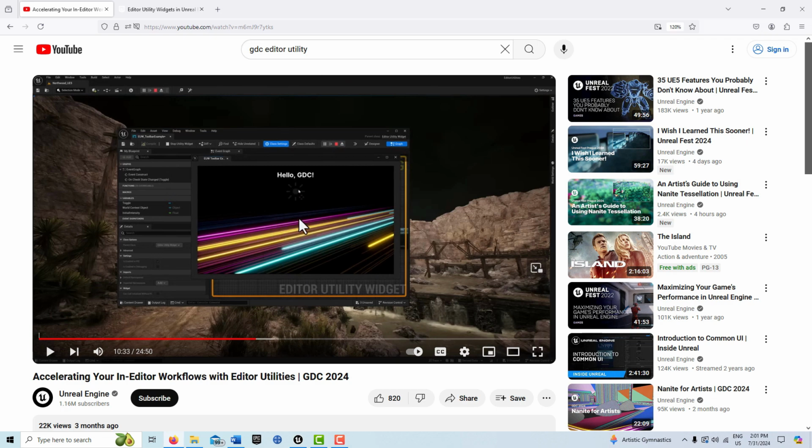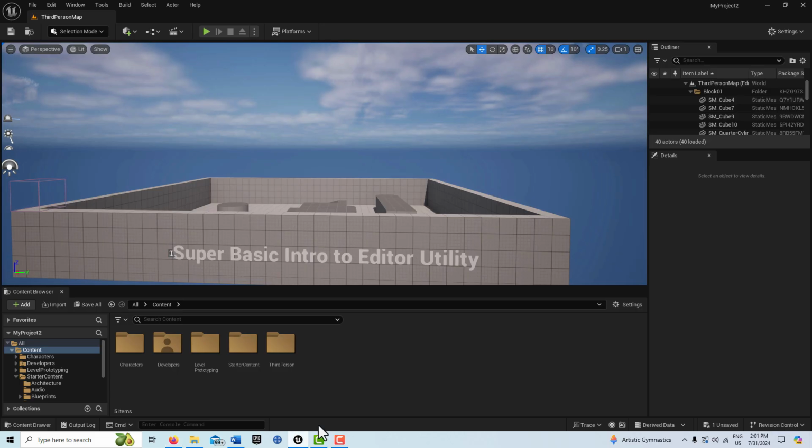Here he creates a widget that toggles the directional light off and on. He shows that it can work in the editor and out of the editor. But right now I can only get it to work out of the editor, so I'm not sure if there's a bug or something. And so I just thought it would be fun to show you how fast and easy it is to create